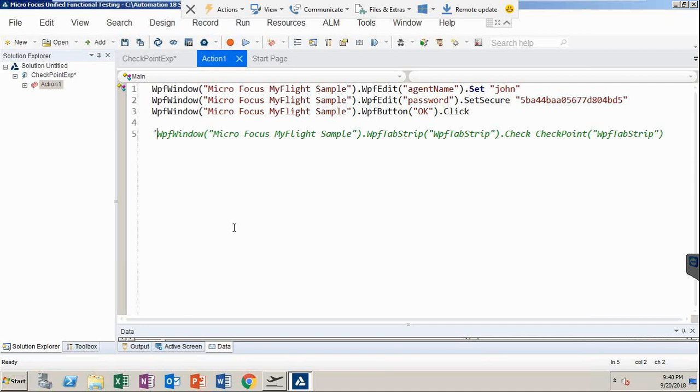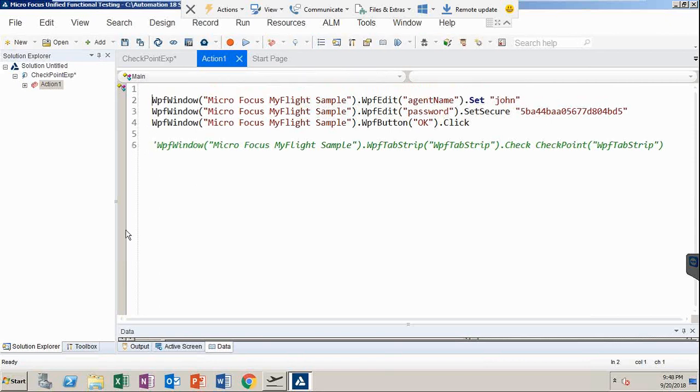Comments are used when you don't want to execute any particular line. You can just include single inverted comma, single quote before that line, and that particular line will be treated as comment. Comments are also used when you want to give some test information, which is just for information and not for execution. Something like this. So I'll give test description, what this test is doing,